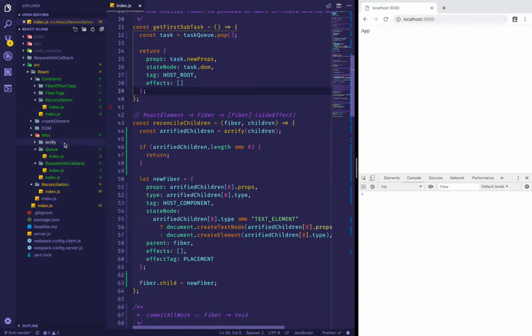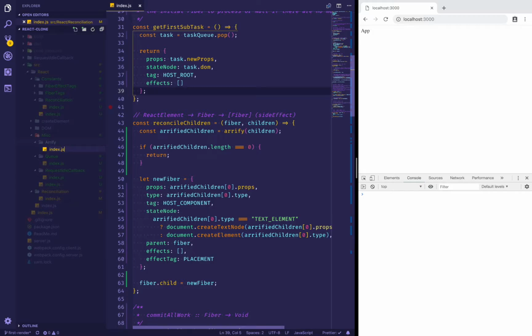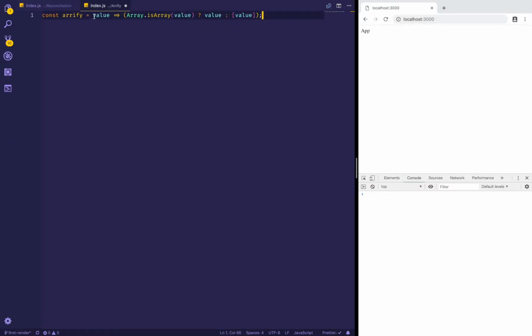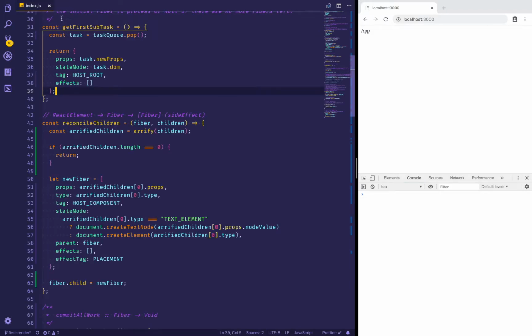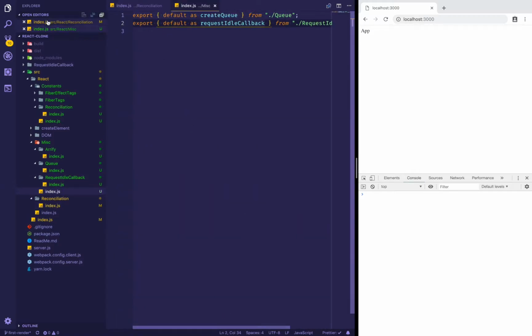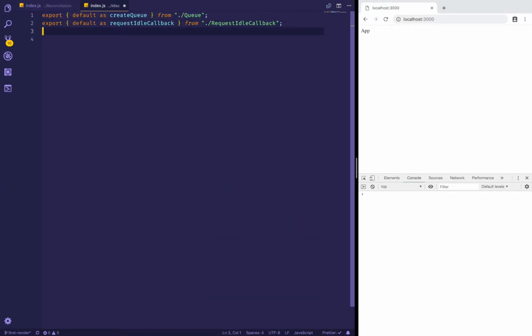Probably I've done nothing, right? So let's just simply export default, and I need this one. So export